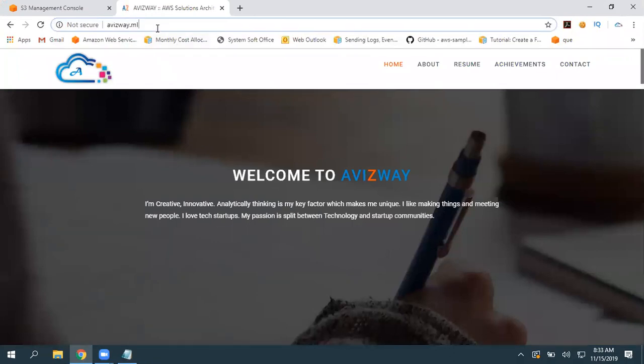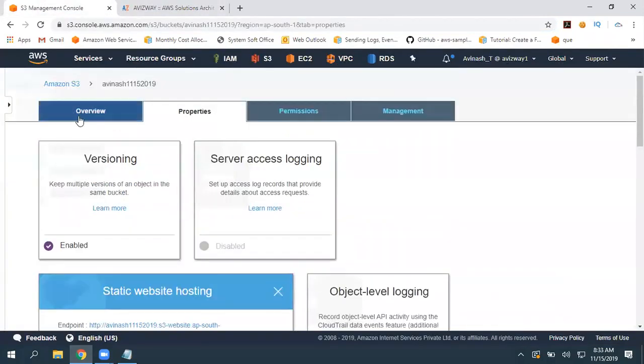I created a bucket with this name and I enabled static website hosting there. Then I mapped this domain name to that static website endpoint. For example, if I purchased a domain called avisva.ml, but the bucket name is not available, then you cannot use this feature. That is a limitation.